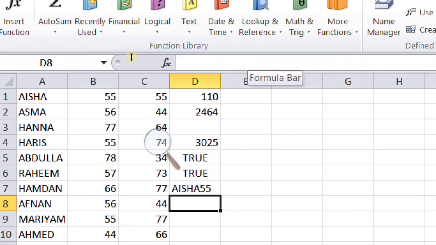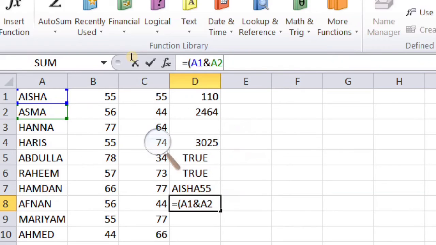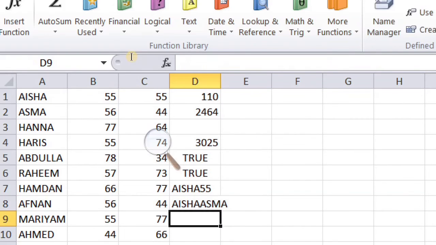A1 and B1 gives Aisha and 55, written in continuous form. If I want to connect A1 and A2, I write is equal to, bracket open, A1 and A2, bracket close. See, Aisha Asma is written continuously. This is the text operator, and.